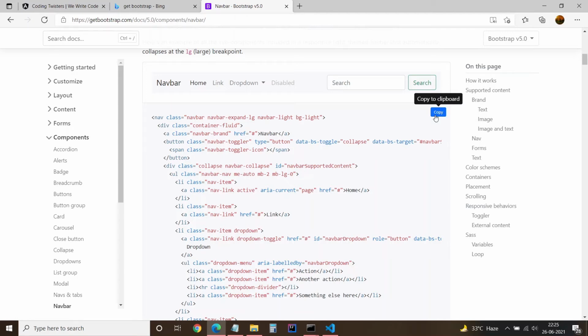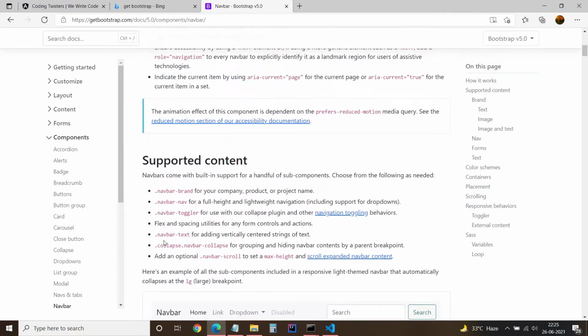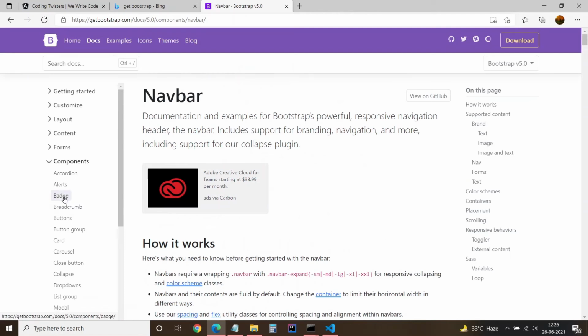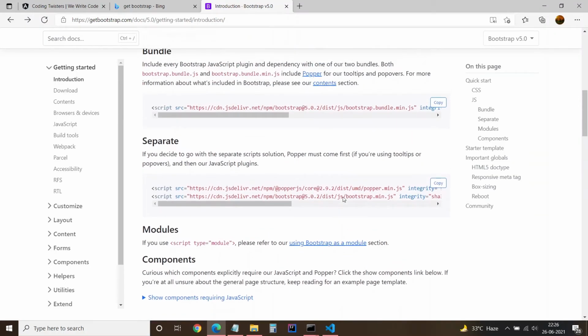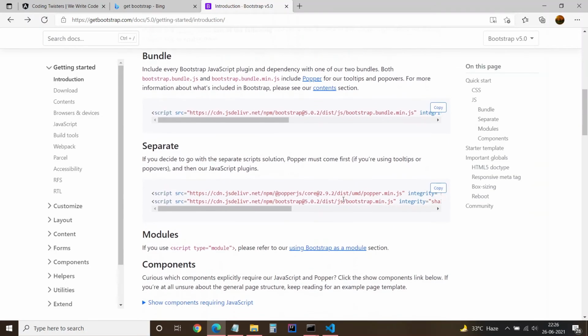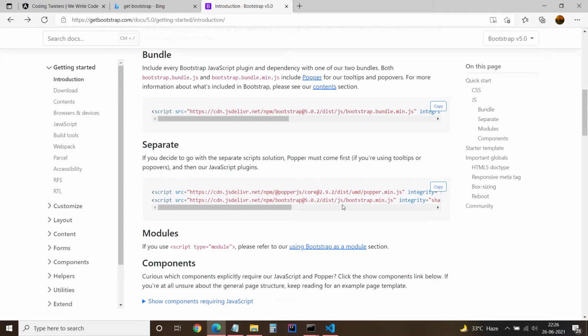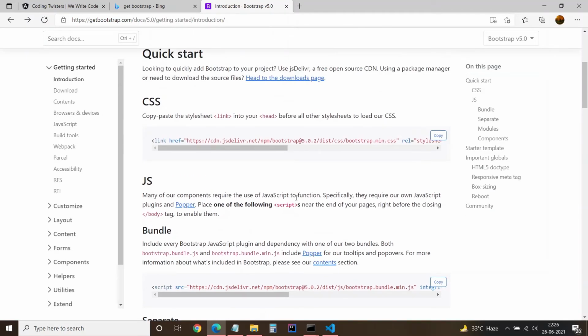To start, you just have to apply the starter template. Here you can see for Bootstrap you can make use of bootstrap.min.css.